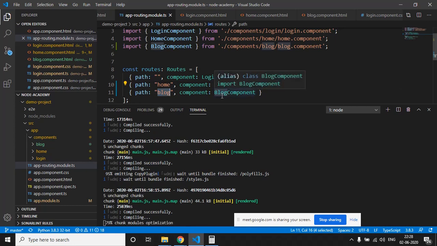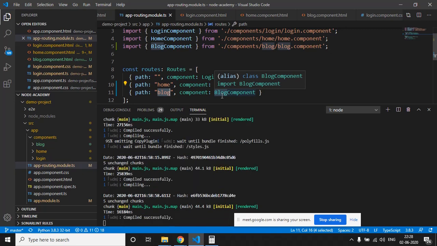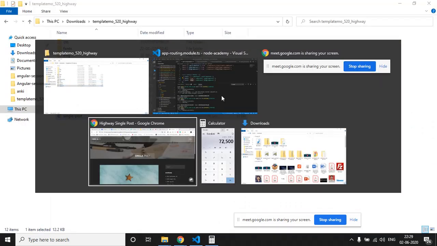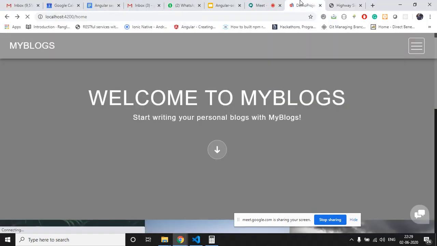So let the application compile. So here we are having our home component. Let's check with the block.